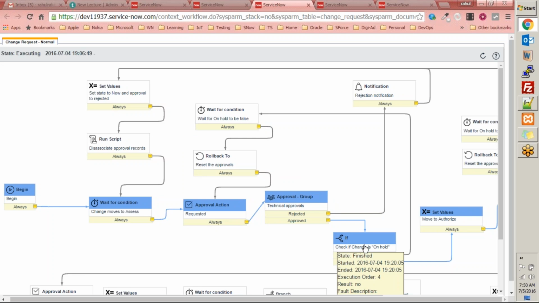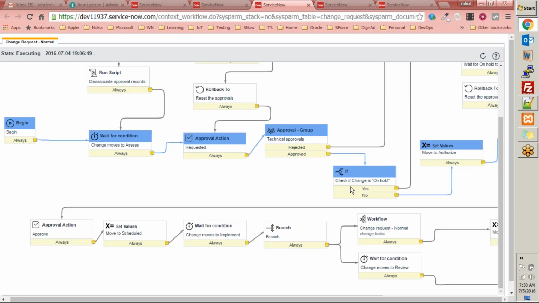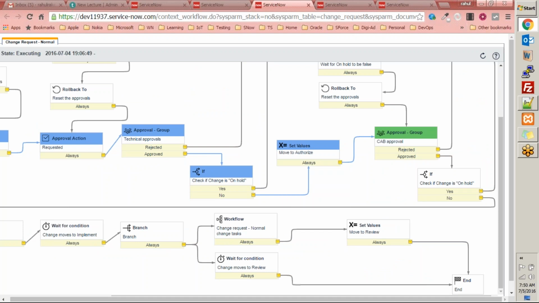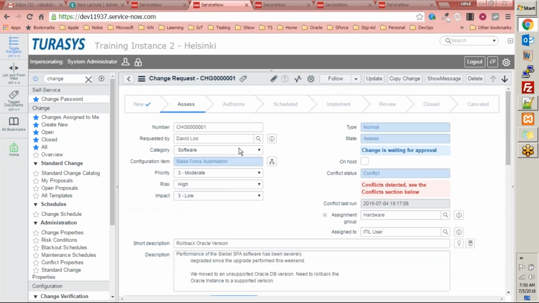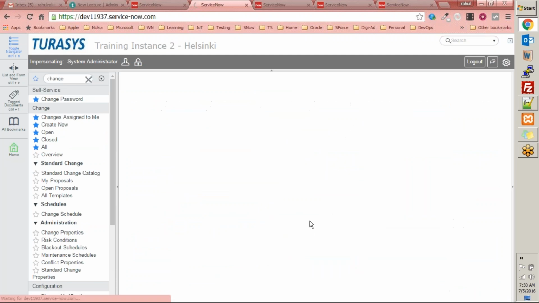It goes to an if block here and checks if the change is on hold, right? And the answer to the question is no, the change is not on hold. So it goes to move to authorized stage, right? Where you will have this move to authorize step here, and whatever activity this change request has to perform in move to authorize, it will perform that. Now it went to CAB approval. The next set of approval is CAB approval, right? The state of this change request will now change. If I reload it,